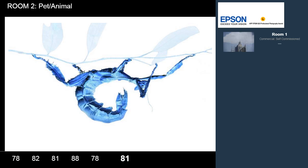This is actually quite an abstract presentation of a praying mantis, or some insect creature. Between the colour they've used, the design, the layout, and the chosen presentation to have it upside down, it's really quite perplexing when you first look at it. And it really draws you in. They've taken something as a small little insect creature and made it so much more interesting by the way they present it. Even just the design nature of having the three leaves up the top and then drawing you down, and the fact that it's got that arched